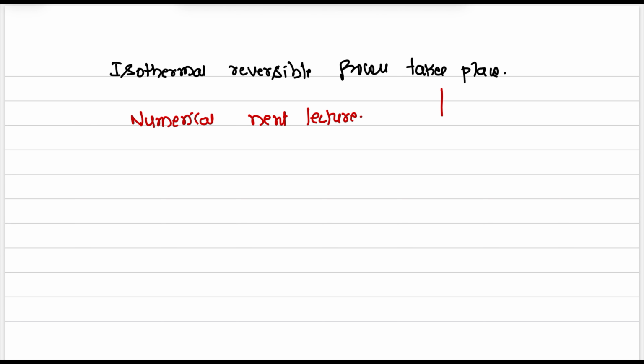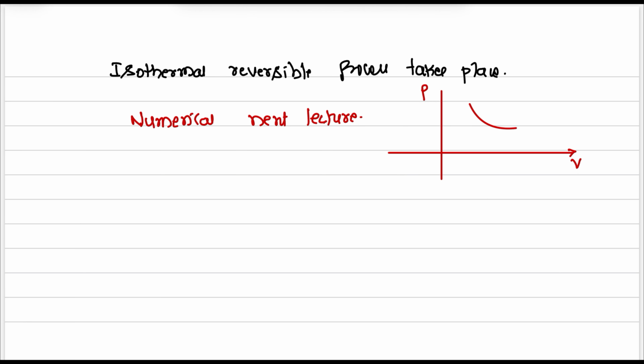And ultimately, the graph for isothermal is like this. This is P, this is V. With this, I want to conclude this lecture,